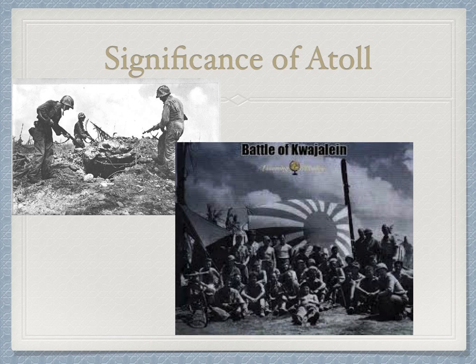The U.S. decided to launch a strategic chain of attacks against the Japanese Empire. The Battle of the Coral Sea was kind of the proto start to this launch against the Japanese Empire, but it really culminated at the Battle of Midway, all the way to the end of the war, resulting with Saipan, Iwo Jima, and eventually the atomic bombings of the Japanese mainland, which brought on the surrender by the Emperor of Japan. So here we just see some pictures of the actual atoll of Roi Namur